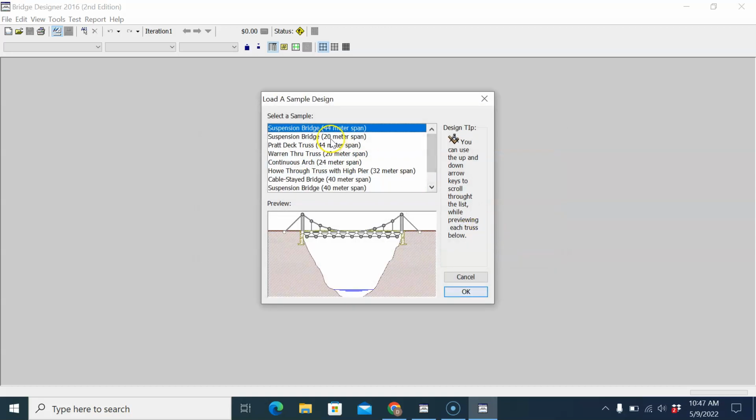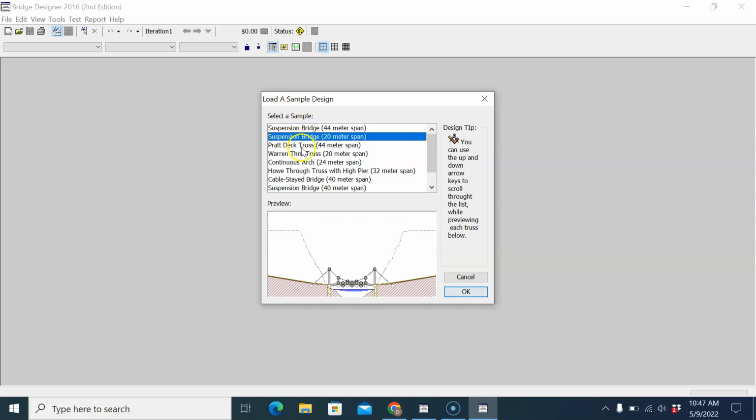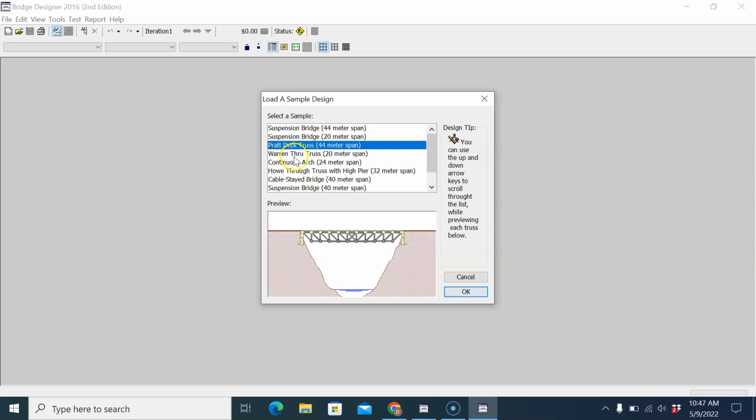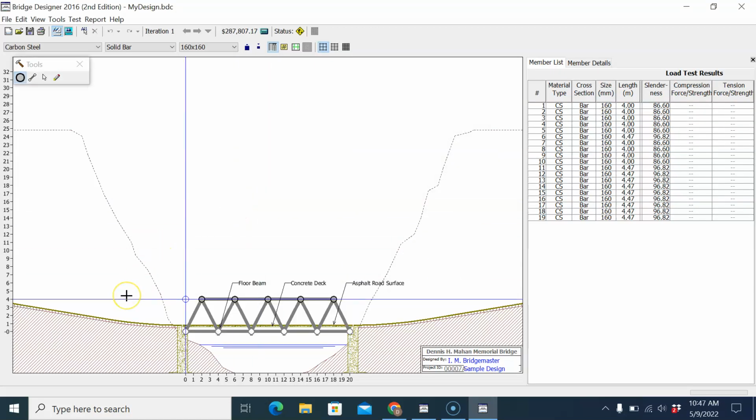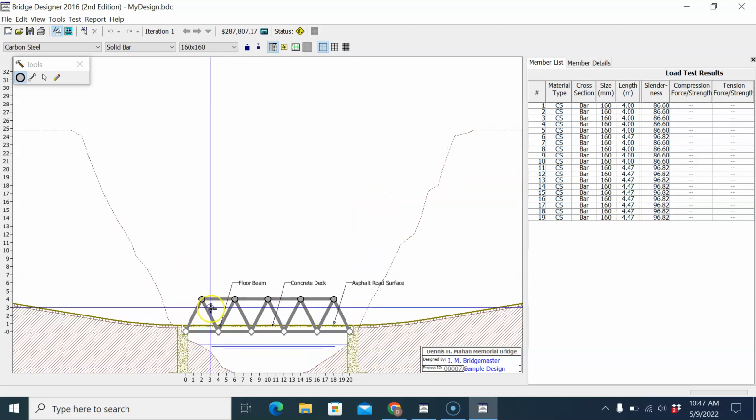And here are some templates or samples you can use. We're not really doing suspension bridges in this class. We're going to do a truss. So we have one truss design where the truck rides on top of the truss, and then over here the truck rides on the bottom of the truss. We'll do that one for now. And here you have the default where each node is shown, and then each member is also shown, and then